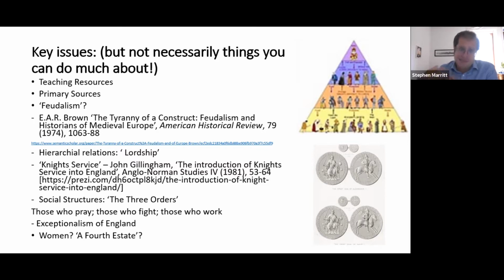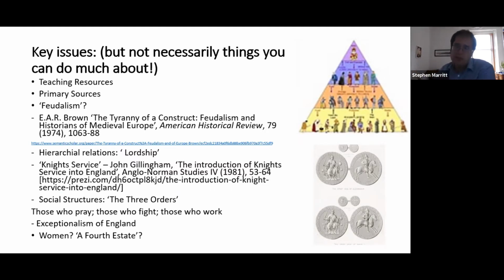If you look at the classic model of feudalism, and to be honest, if you look at the higher course specification, there are no women in that structure. And starting in the 1980s, historians of women and gender in this period began to think that instead of having 3 orders or this feudal system, actually women existed in a completely different group, because their lives were to some extent governed by their biological